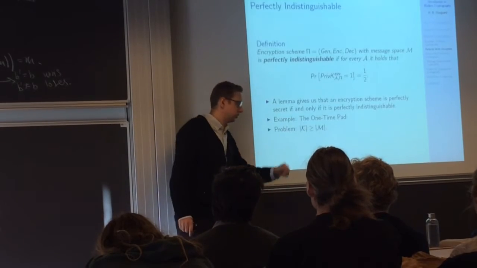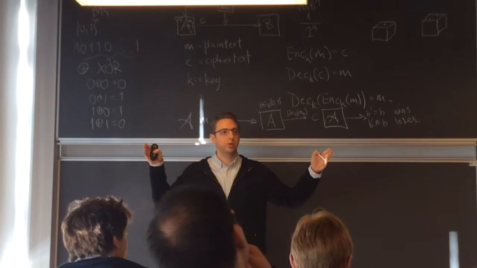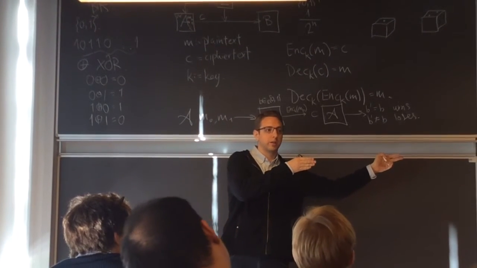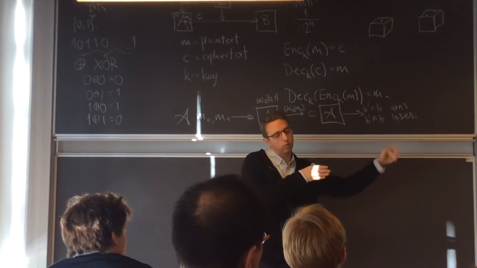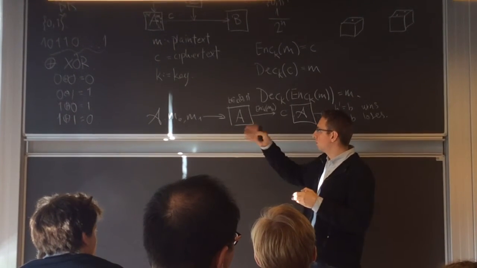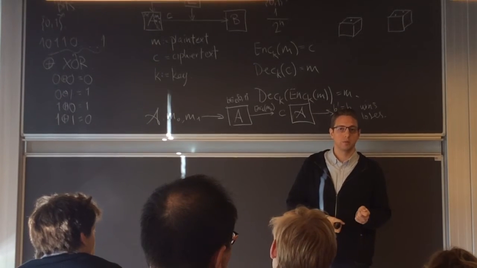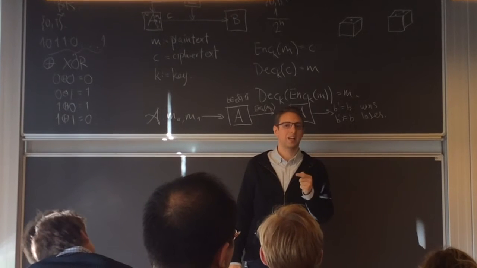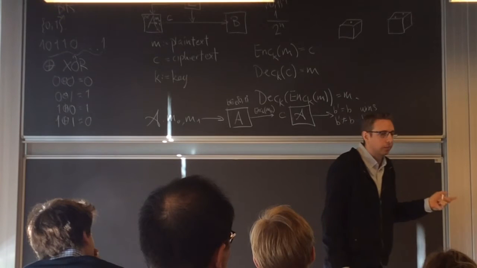We have an example, which is the one-time pad, where you have a message in bit strings of length n, and you XOR it with a random bit string, which is the key, of length n or greater, and then the XOR of the two is going to be perfectly distributed, right? Because the first bit string might not have been random, but the second one is. So you're basically just XORing with something random, and you get something random.